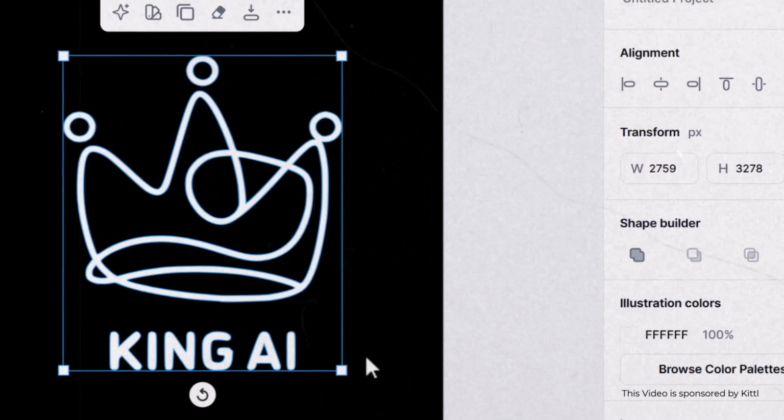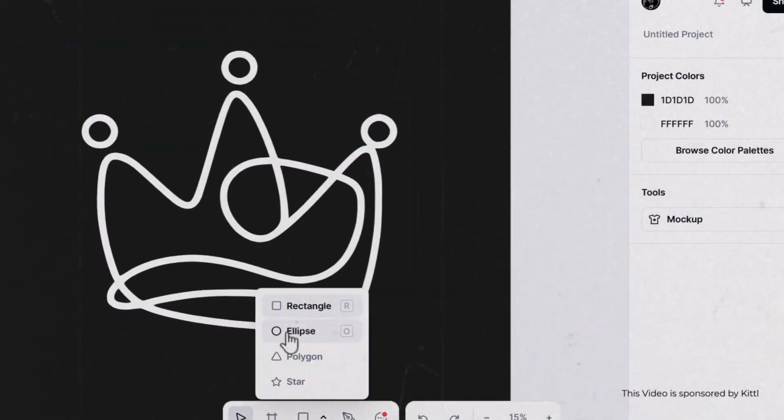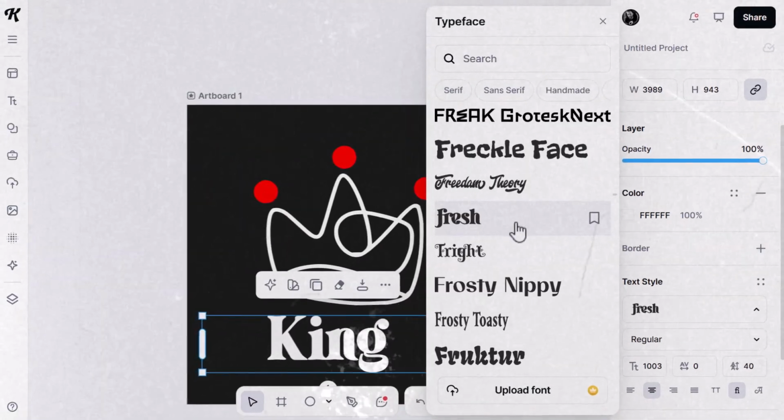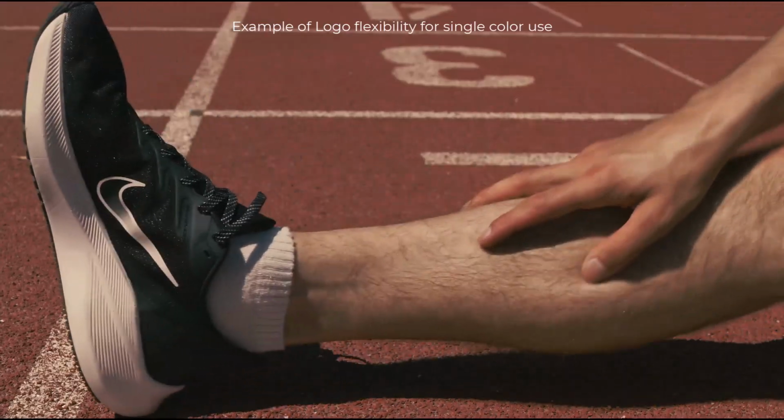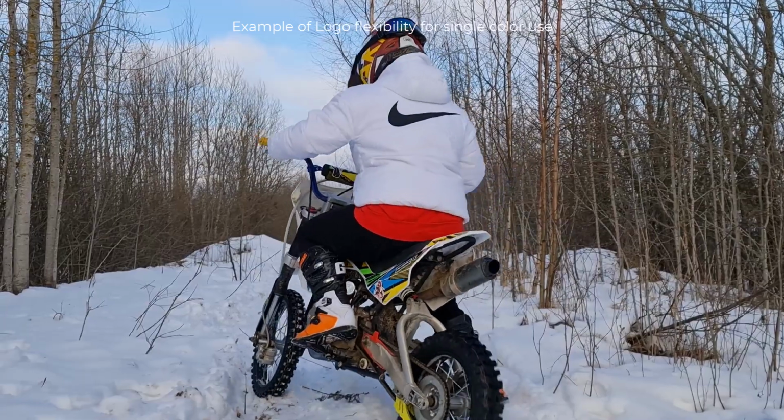Today we're going to run through how to create a logo with the assistance of AI using Kittl. Now Kittl makes this process a lot easier, but in order to make a good logo we need something that's going to be simple and iconic and that works with our industry, but we also need to make sure that this logo works as a single color graphic, as it needs to be used across a range of mediums when